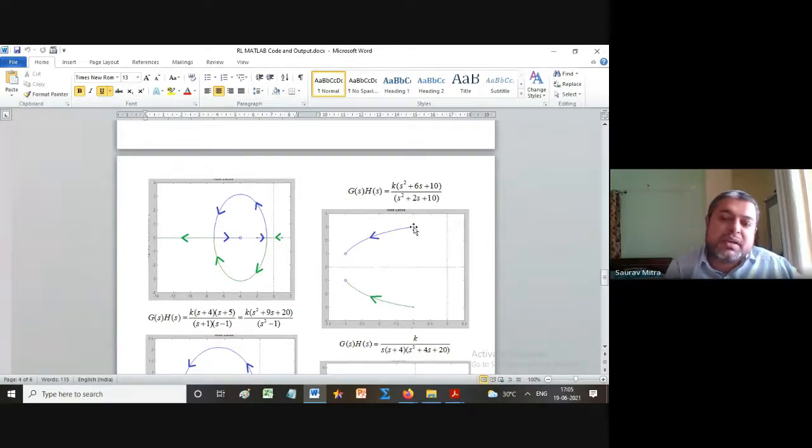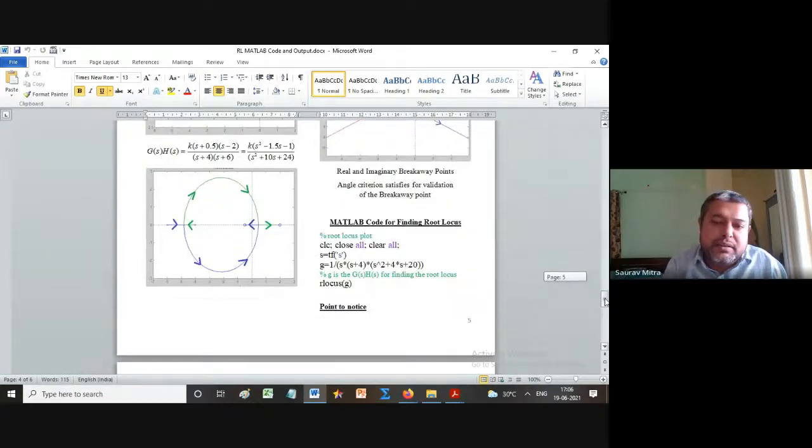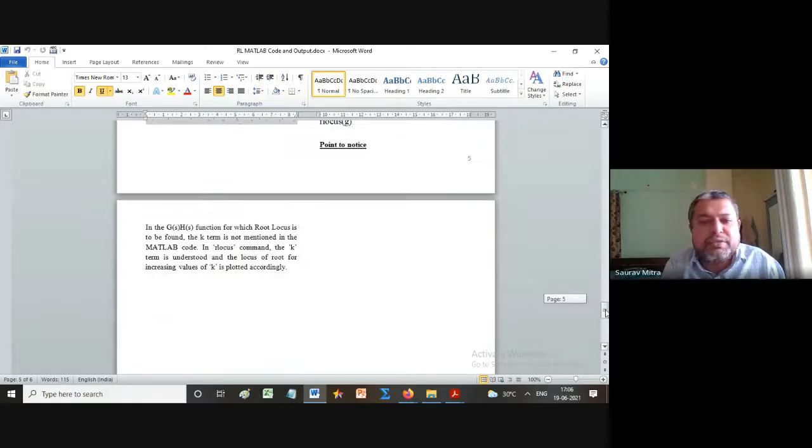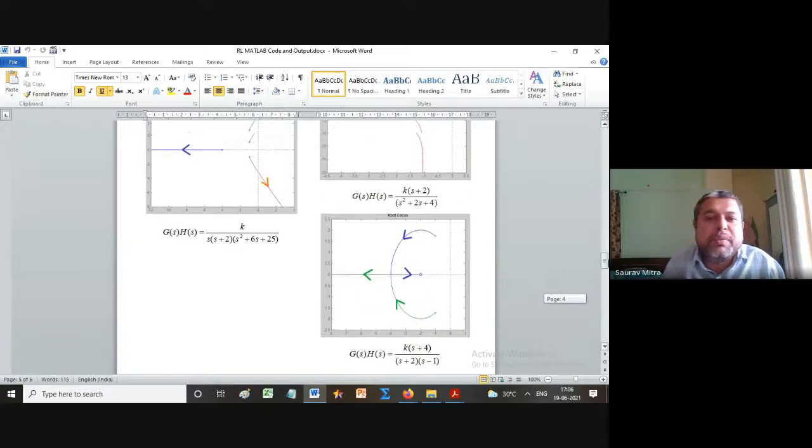From this imaginary pole, the locus will come to this imaginary 0, and from this imaginary pole, it will come to this imaginary 0. Imaginary means real plus imaginary, so -2 plus 3j kind of a thing. For poles, you have to calculate the angle of departure, and for the zeros, you have to calculate the angle of arrival. These are the things which are our next target. So here I conclude all the real pole and zero numericals. I will start with imaginary poles and zeros from my next lecture.